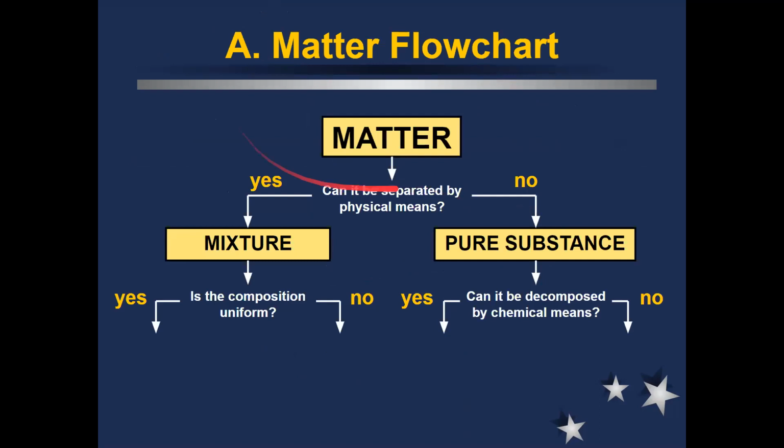So if we start off with the matter, matter is everything made out of atoms in our universe, which is so far everything that humans have discovered. And our matter can be split into either a type of mixture or a type of pure substance. If it's a mixture, that means it has different kinds of pieces and substances or particles all mixed around together in it. But if we wanted to, we could go in and physically separate out those particles.